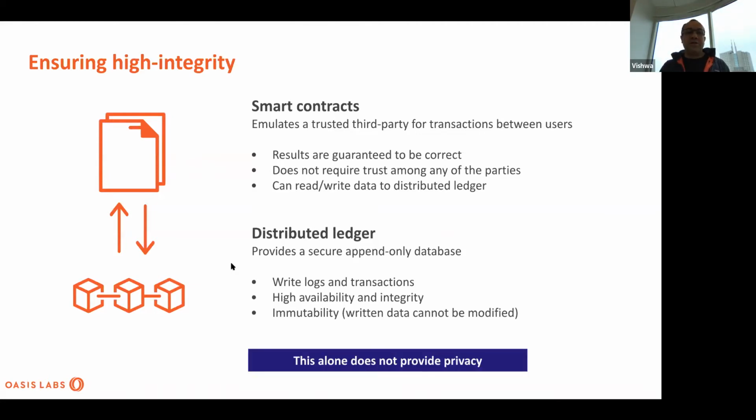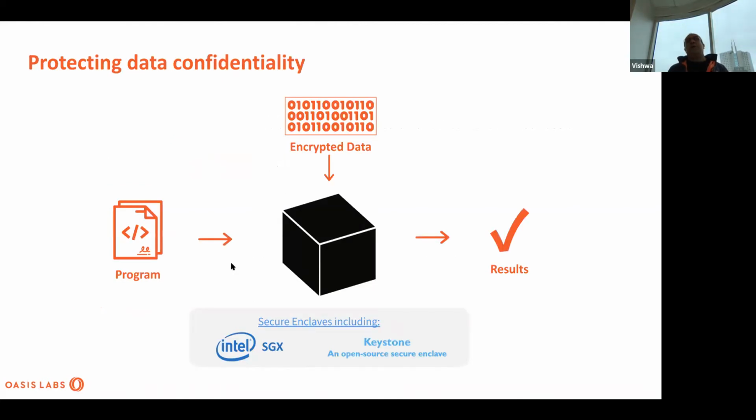But this alone is not sufficient for providing privacy. And why is that? If you think about it, you have a piece of code that wants to use some data, which could be private or sensitive data. That data is either consumed in its raw form, which means it is consumed in its unencrypted form, or even if it is encrypted, it can get decrypted in memory, and then the program is going to act upon it. In either of these 2 cases, it exposes sensitive information to malicious actors, including nation states.